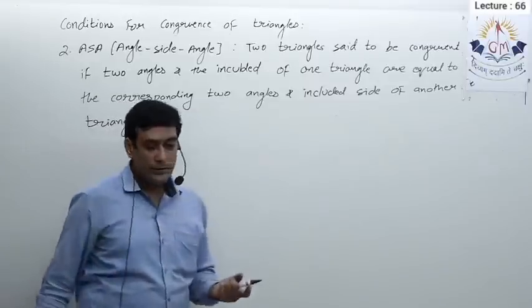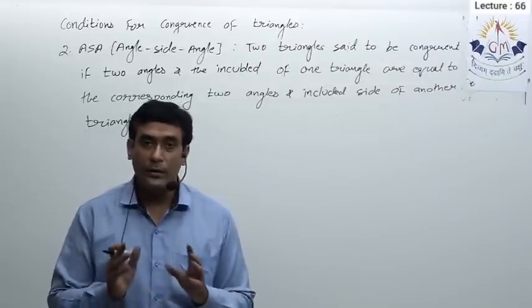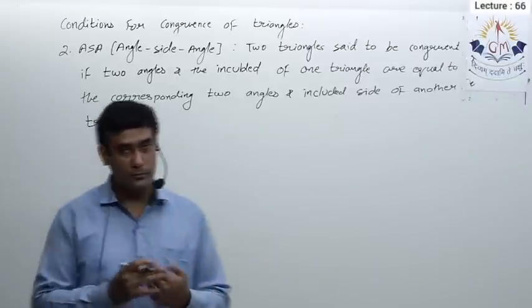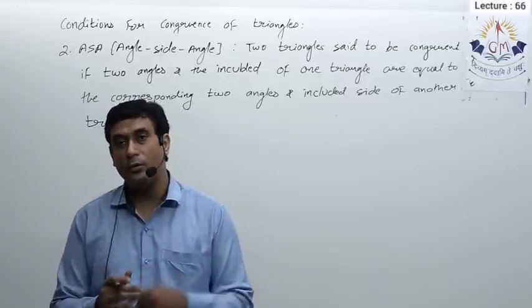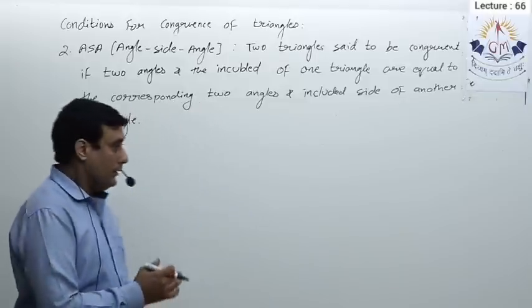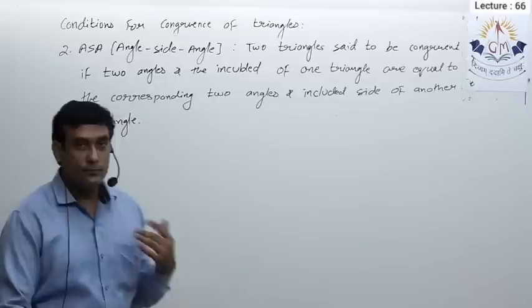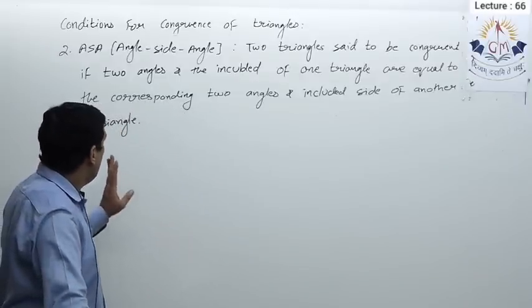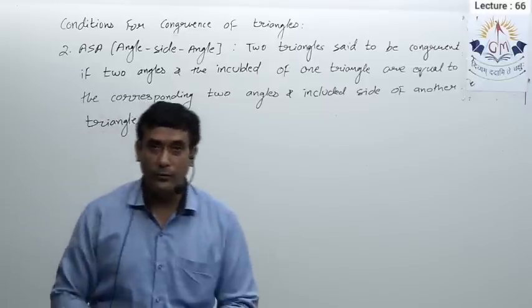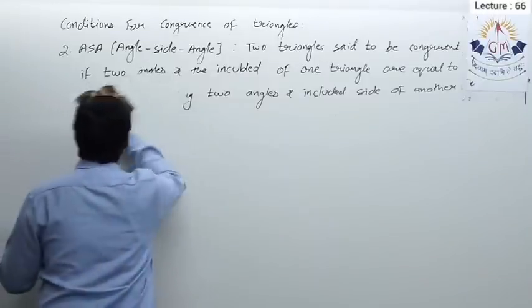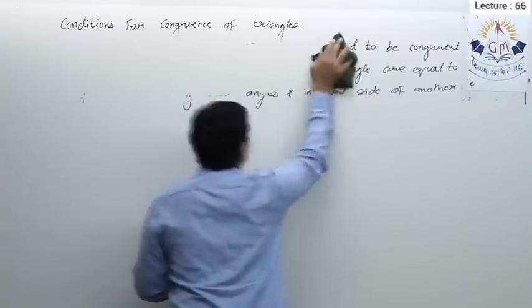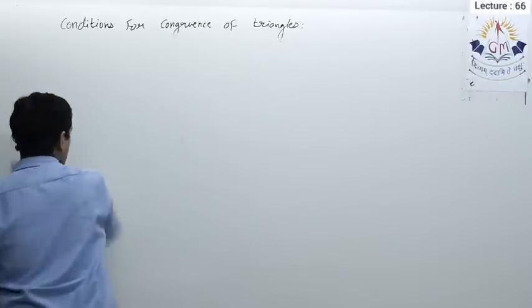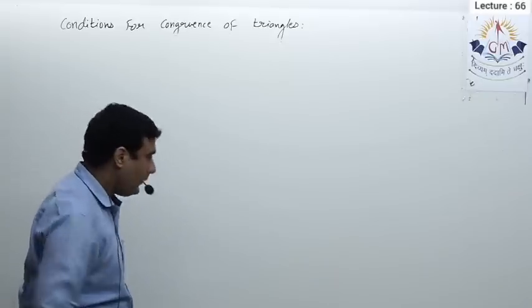As I told you earlier, you have to write the theorems in a theorem book. In lines and angles we saw 4 theorems, the proof of 4 theorems I gave you in the class, and 2 theorems I told you to do at home. So I am counting 6 theorems from lines and angles, and in this chapter this is the first theorem whose proof I am going to give you. Angle side angle.